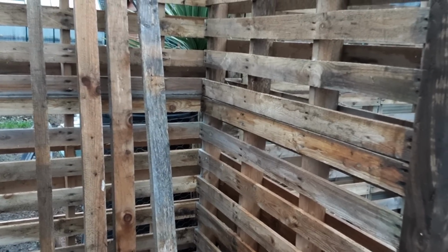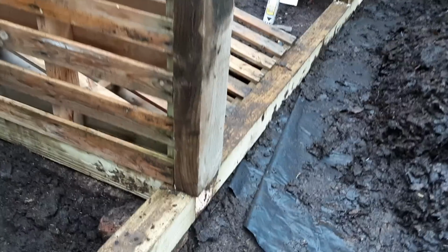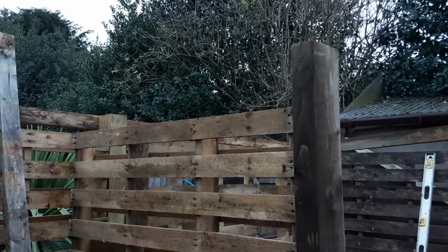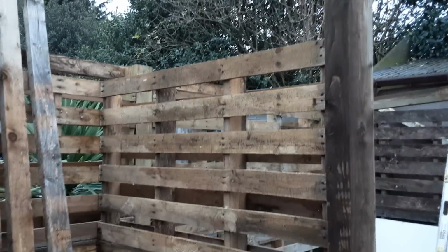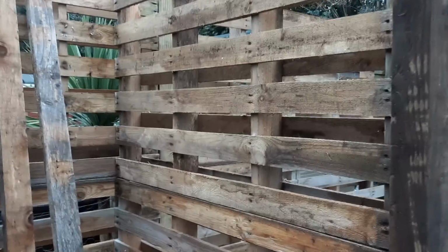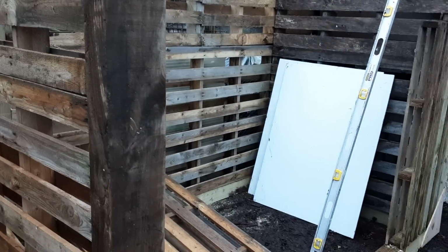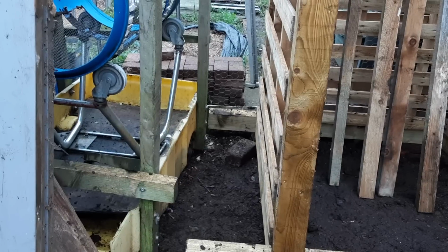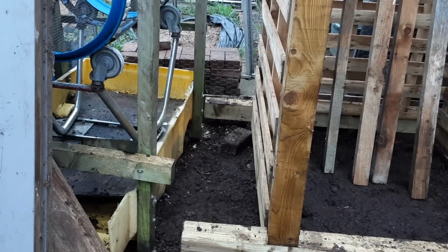Because there's a compost bin behind there, it pushed out a little bit, so I've had to use a thinner piece of wood there, and it's overhanging a little bit. Who's bothered? Doesn't really matter. All these are at the right height, hopefully, and it'll all be lined with plastic and those Correx signs, as however many we've got. I'm not going to cut these off,